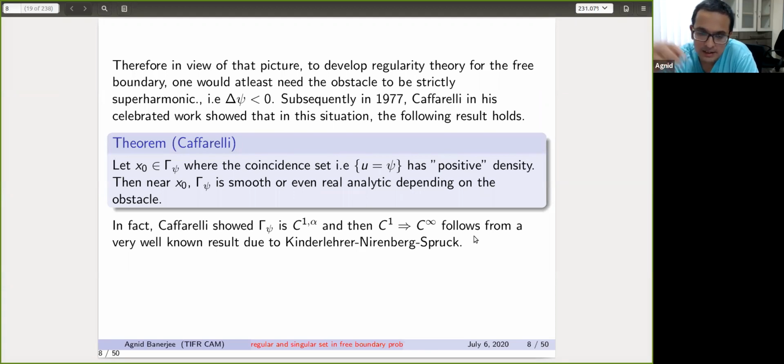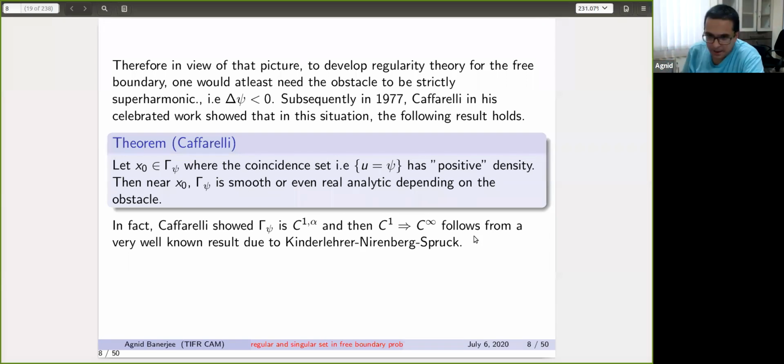So what that does is, you have this obstacle problem, then at a free boundary point you use an intrinsic transformation, which is to say a transformation which depends on the obstacle. And then you transform this problem into a fixed boundary problem for a fully nonlinear PDE. And then once you have good information on the regularity for that boundary problem, you can pull that information back, and that gives you more smoothness of the free boundary.